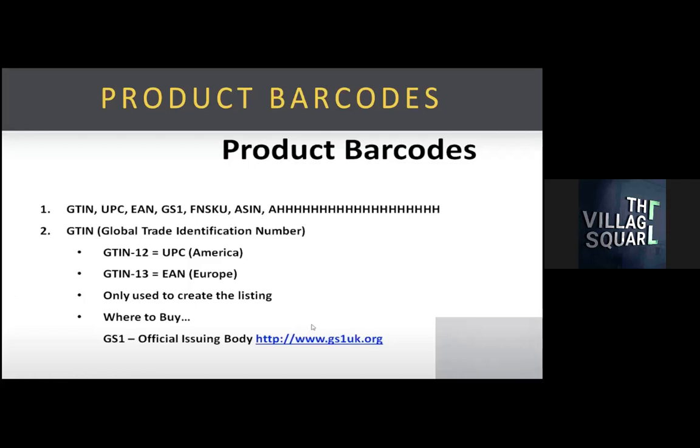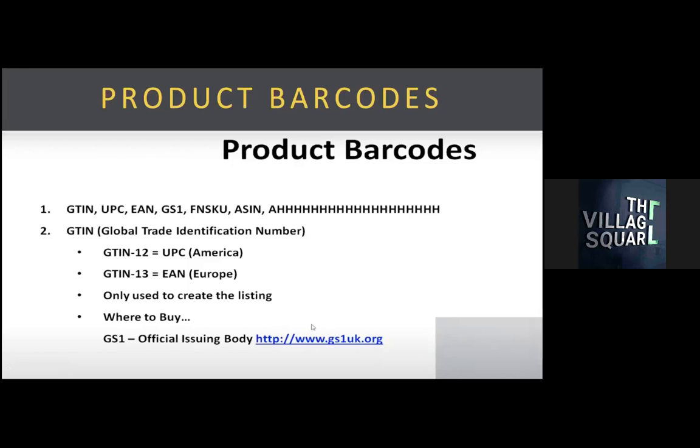As soon as you create, Amazon will generate an FNSKU for you, and with the FNSKU, you can have like 1,000 or even 1 billion or 1 trillion labels. So you only need one UPC code or one EAN code, and it will generate more labeling for you. And where do I get this UPC code? Where do I get this EAN code? You go to this website,